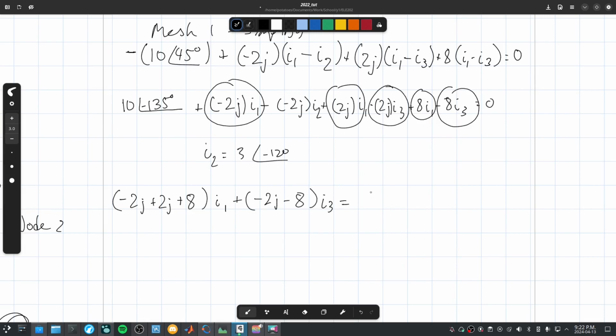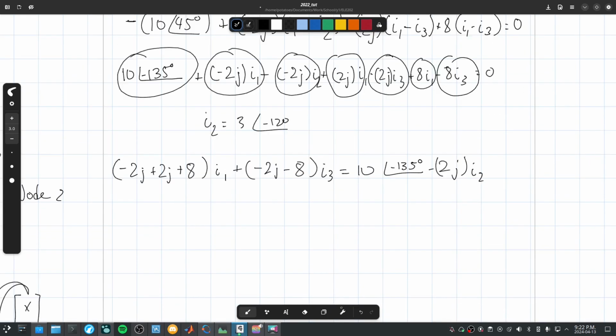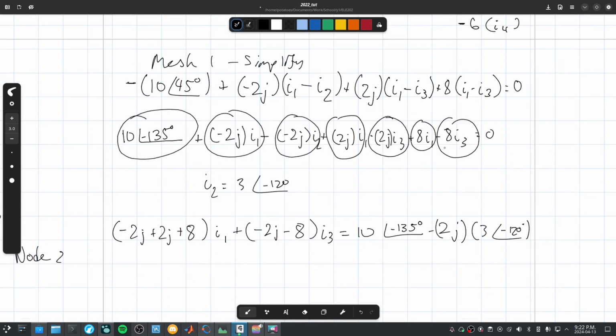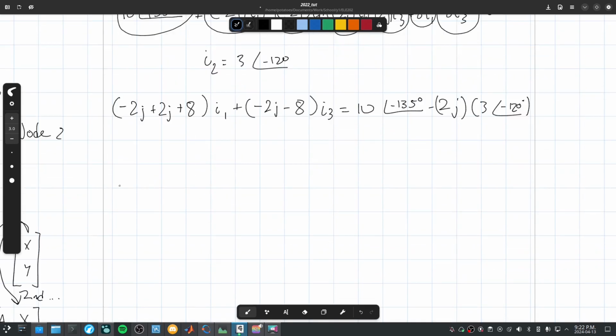And so this is going to equal 10 with a phasor of negative 135 degrees minus 2j I2. And we can substitute in I2. That's 2j, 3 with a phasor of negative 120 degrees. We've not actually fully simplified this yet, but we'll get to that in a second. Let's just put these things. But